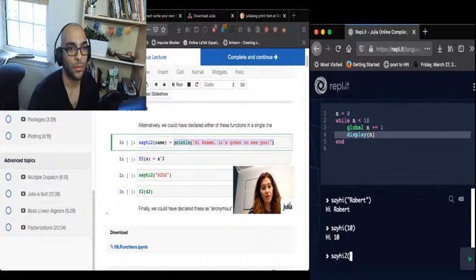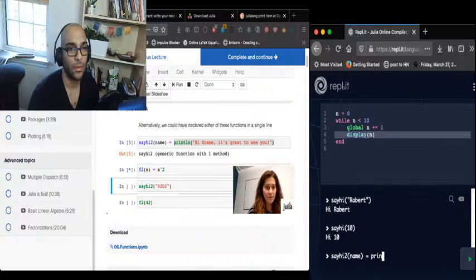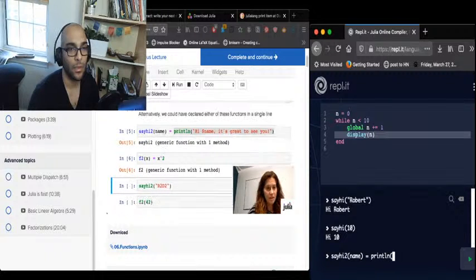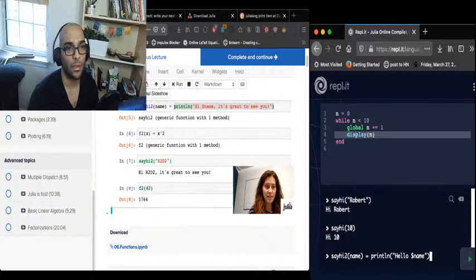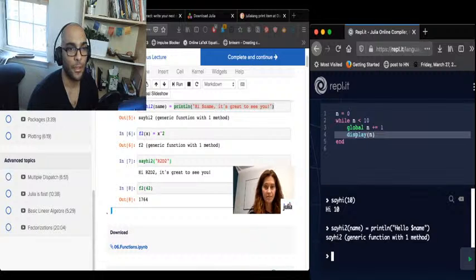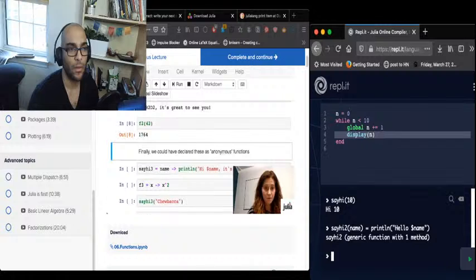So here we have say hi 2 and f2, which do the same things as say hi and f. And just as before, we pass one input argument to either function and see that they execute just fine, as we would expect. Okay. Now finally, the third way to write a function that I'm going to show you today